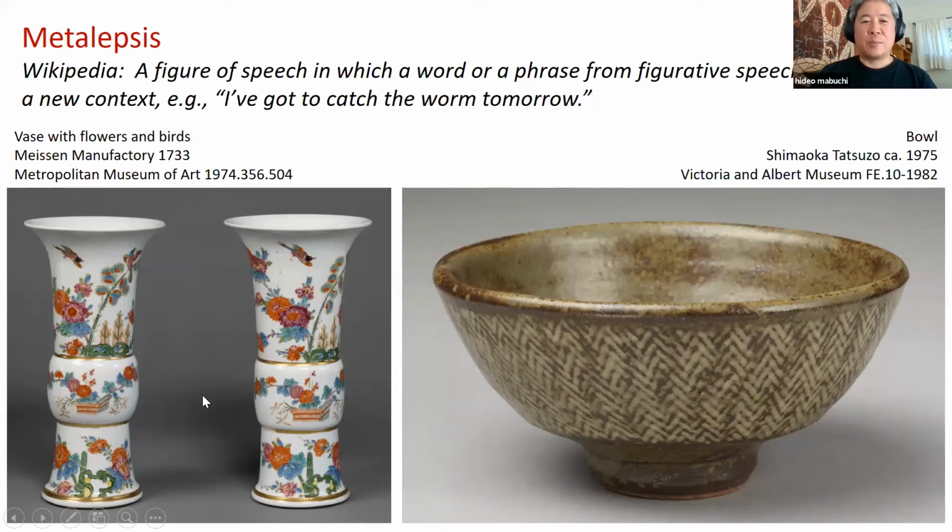Perhaps an even better example is provided by these vases over here, which maybe have the look of Chinese polychrome overglaze ceramics, but these were actually made in Germany in the Meissen factory in 1733. We alluded at the beginning of the quarter to this very long history of how porcelain was apparently first brought from China to Western Europe by Marco Polo, and this set off many centuries of monarchies trying to reproduce porcelain in Western Europe. But here, when you look at the particular manner of painting, these are clearly borrowed from Chinese